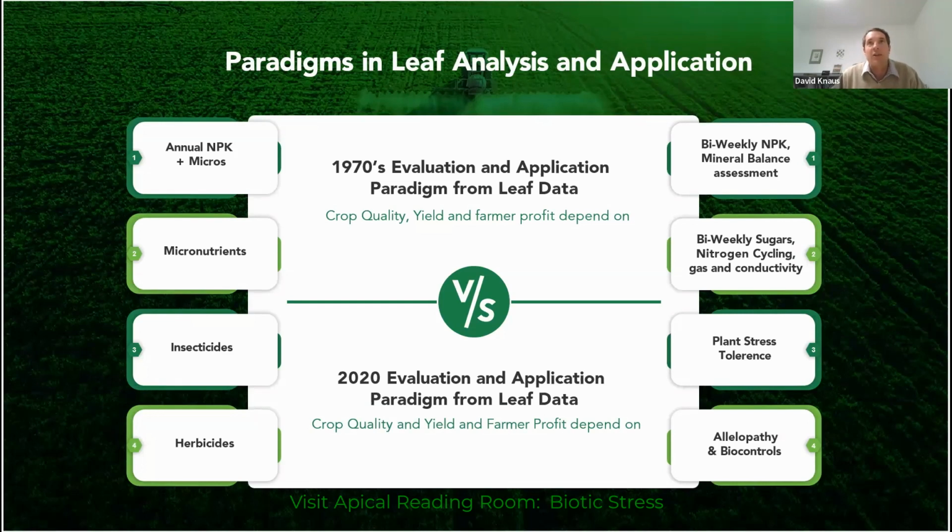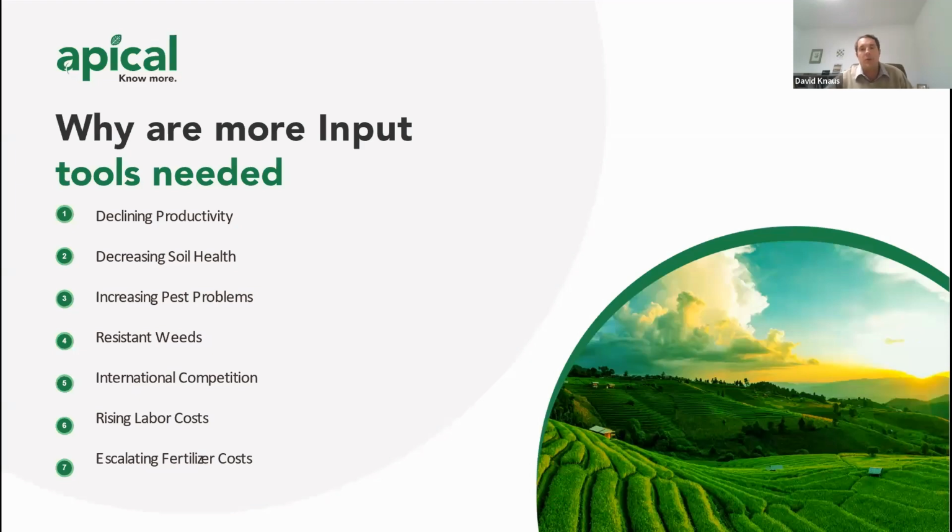Not saying that one was bad or the other, but ultimately, things evolve, right? We used to use rotary telephones and now we use a smartphone that goes up and down the highway doing all sorts of functions. So with SAP analysis integrated with precision multi-method soil analysis, you start to get a much clearer picture and you start to eliminate certain things from your blind spot. So when we start to talk about how we connect crop inputs to analysis methods,